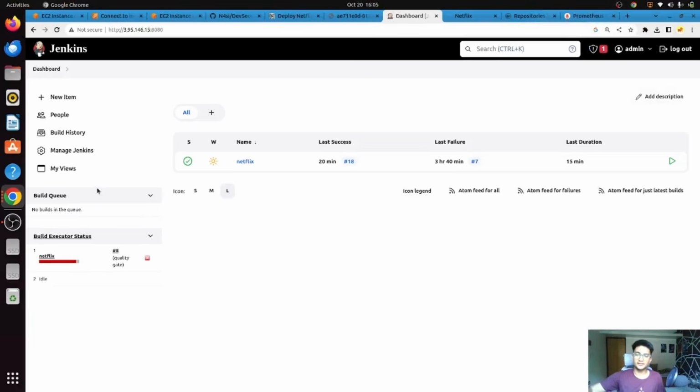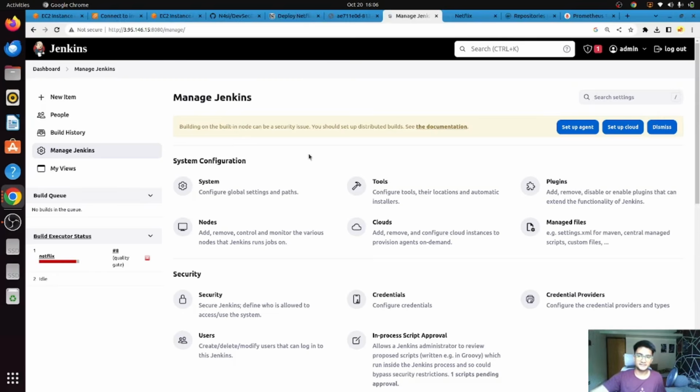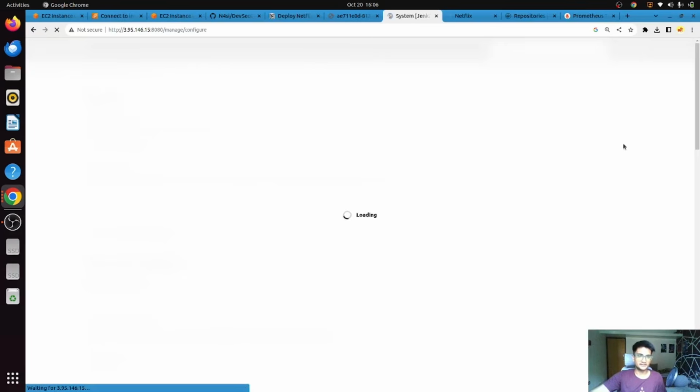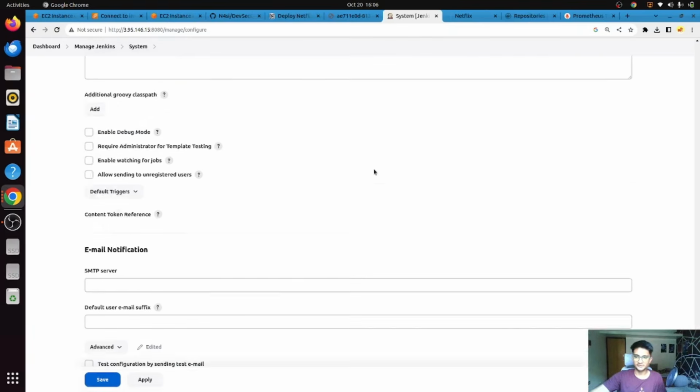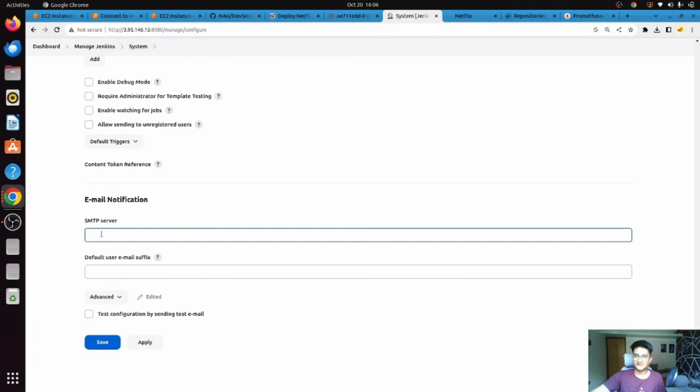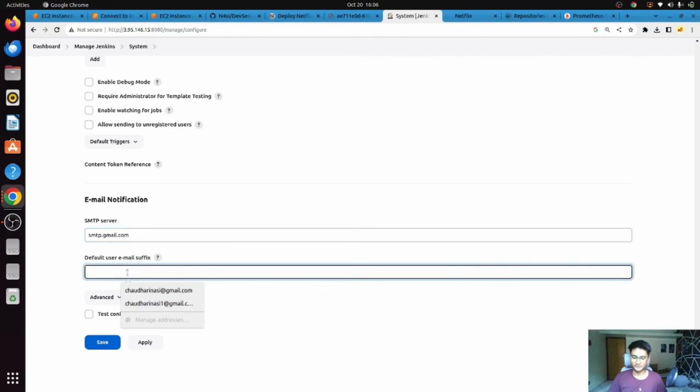After you add the username and password in your credentials section, click on manage Jenkins again. In the manage Jenkins, you need to click on system, and in the system, scroll down to the end where you get the email notification part. So here, for SMTP server, we are going to put smtp.gmail.com because that's the SMTP server. For this, you need to put your username. So I'm going to say I am Batman the Goat